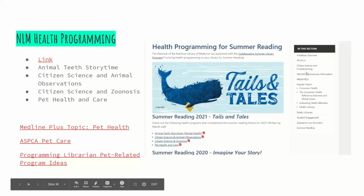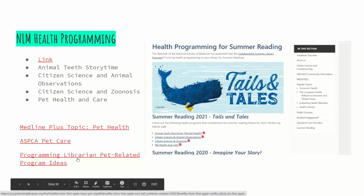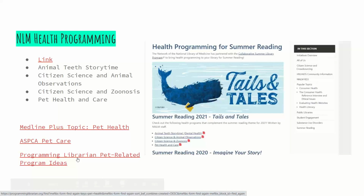Oh, yes. Thank you, Lori. I would just also add that I put these 3 links that show up on my screen in red: Medline Plus topic, pet health, ASPCA pet care, and then a link to the Programming Librarian website, which has some pet related program ideas. So, you know, we love our pets, and one really easy partnership idea is